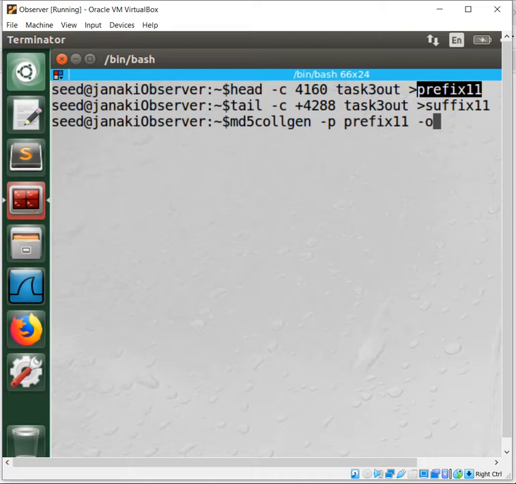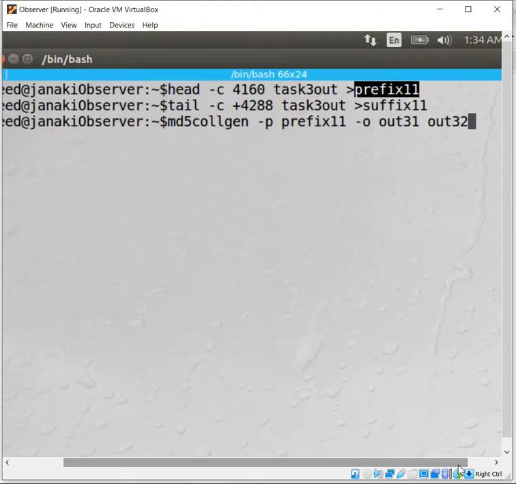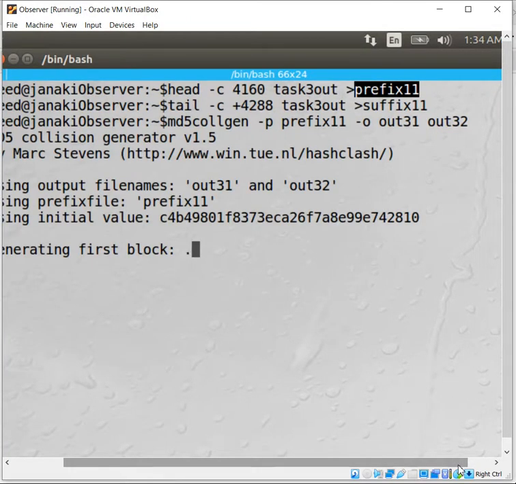I am going to make two files, out31 and out32. So it is generating, and I have two files, out31 and out32.